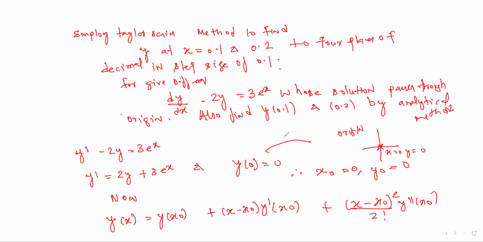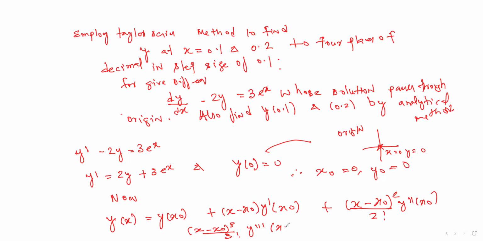He's asking us to get the result correct up to four decimal places. So we can go up to x minus x naught whole cube by 3 factorial times